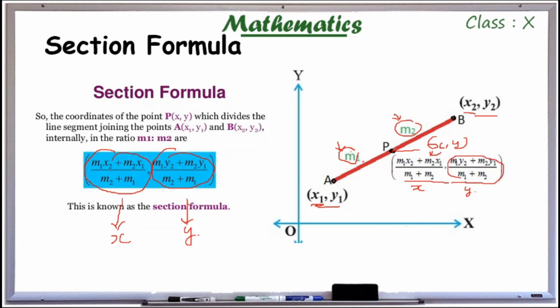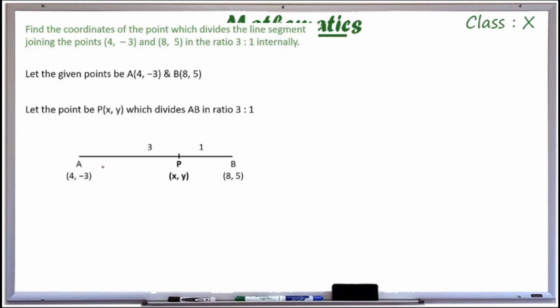So we have to find the point of division. Here the point is divided here, so I have to find the coordinate. So for that we use section formula. Actually we made one section here, so I have to find the coordinate of this point of division. For that I use section formula. The formula is very important. Study, so memorize that formula also.